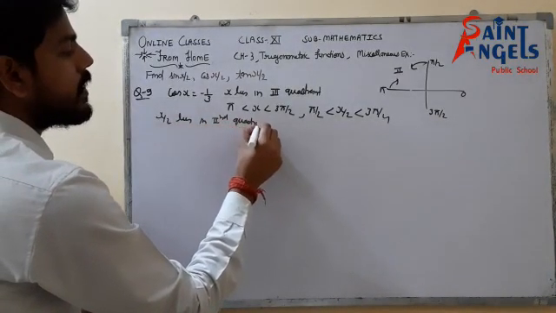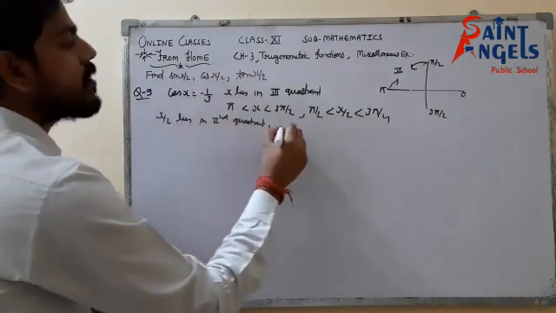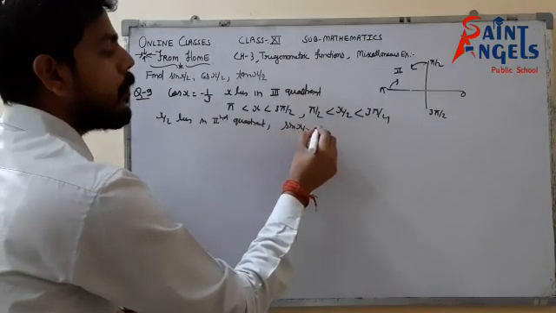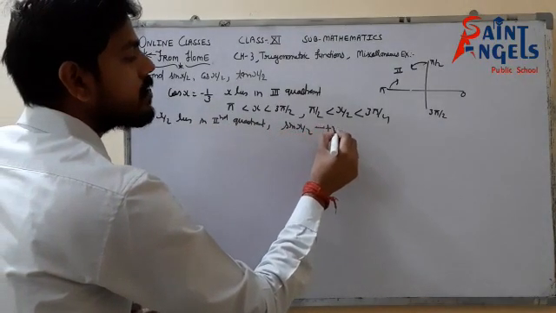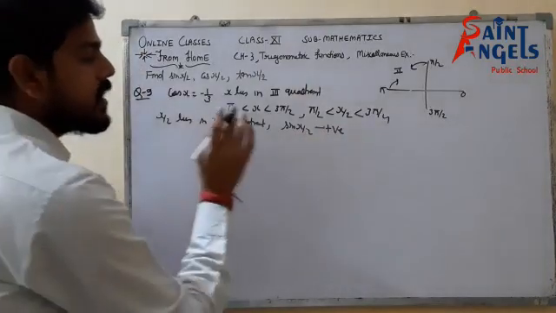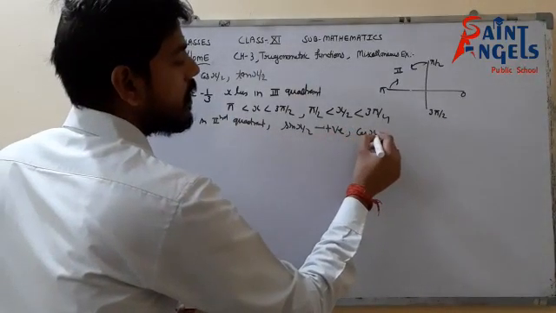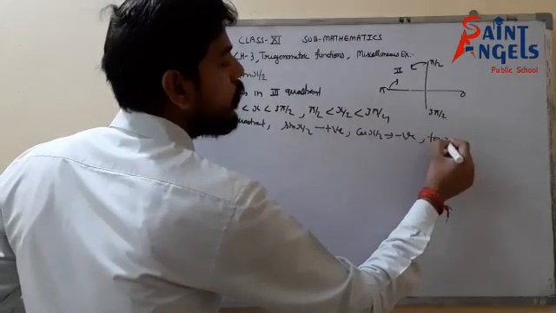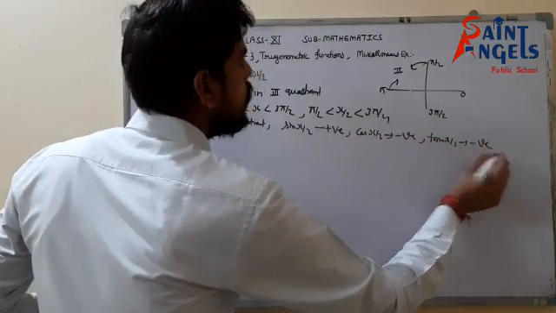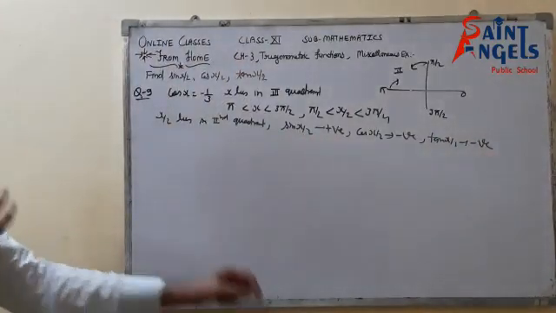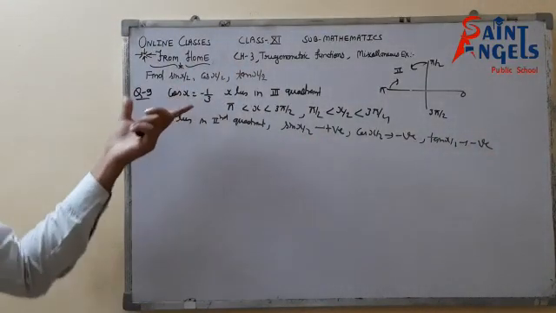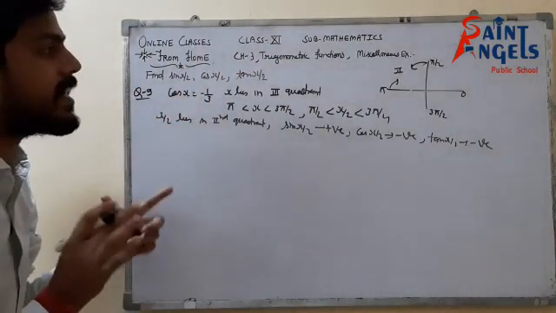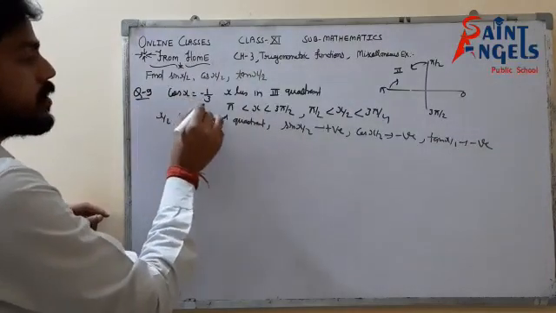Beta, we know that in the second quadrant only sin and cosec are positive. So sin x by 2 will be positive, cos x by 2 will be negative, and tan x by 2 will also be negative. So only sin x by 2 is positive. Now we are already given cos x in this question, so we need not take tension. We have cos x equals minus 1 by 3.